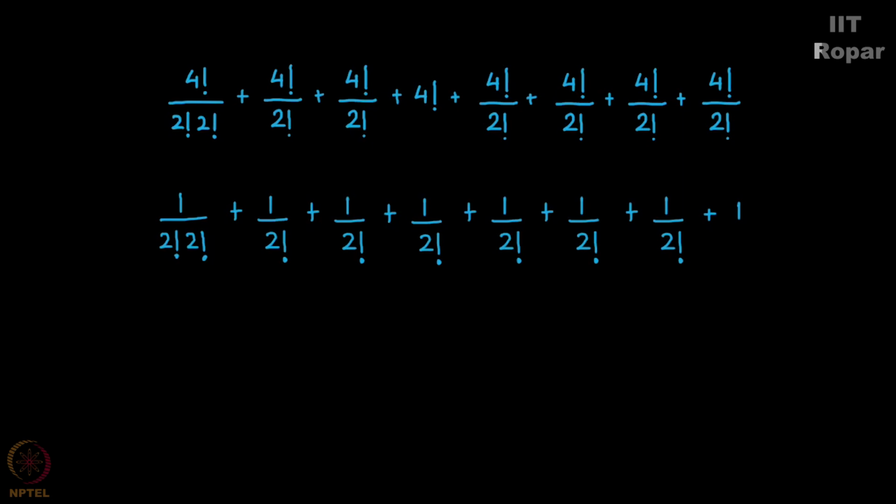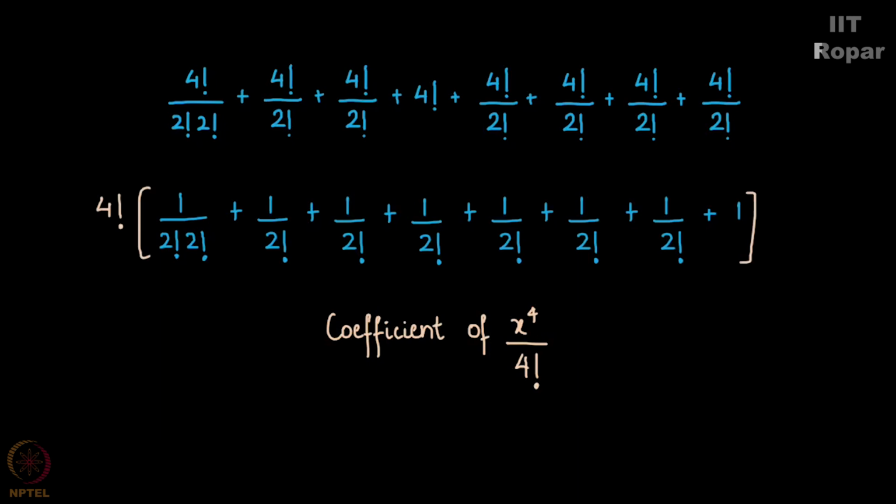So what we will do is rewind back and say we do not want the coefficient of x to the power of 4 here. We want the coefficient of x to the 4 divided by 4 factorial. Why? That way it forces a 4 factorial in the numerator. A very, very small trick. Think about it. This is the place where you might possibly have a confusion. So you must pause the video and think about what I just said.